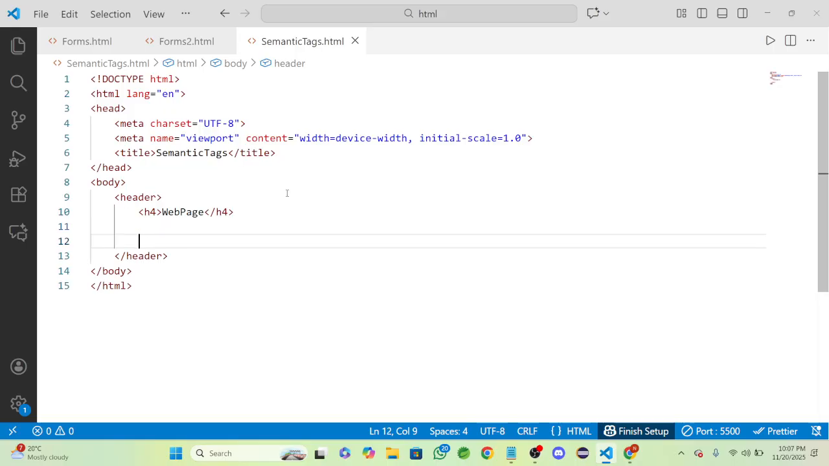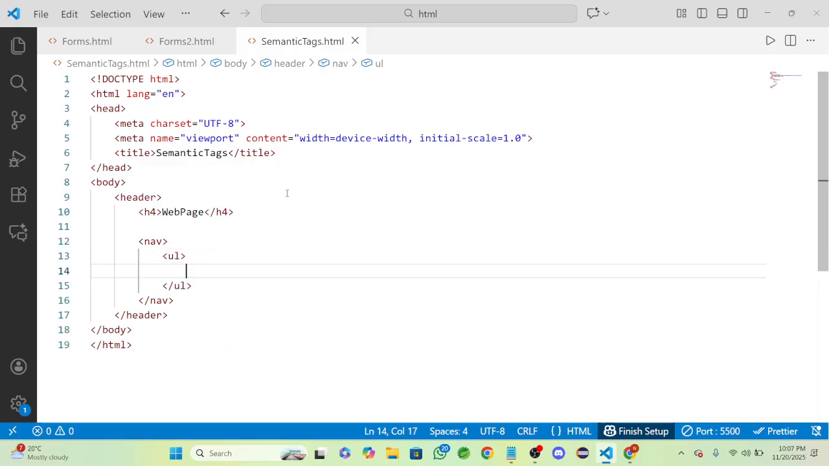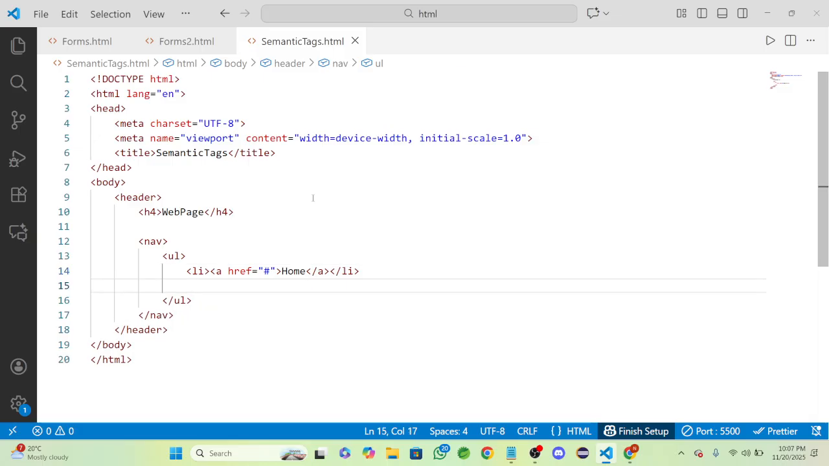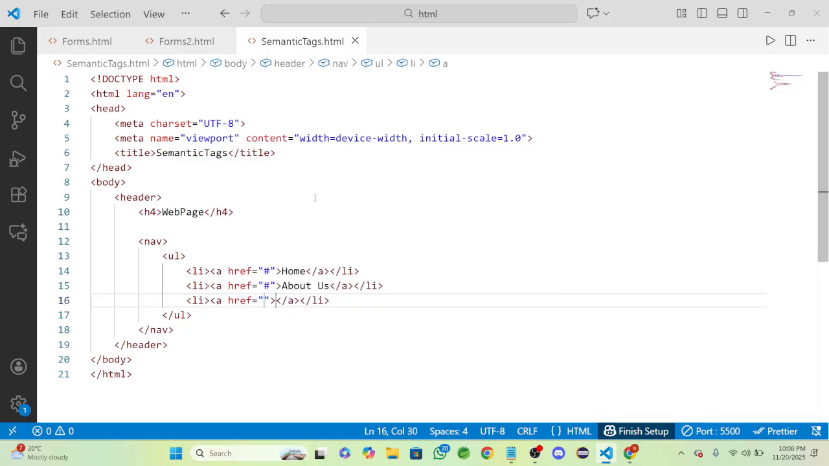In this, take the nav. Inside the nav take the ul, then li, a, and the href. No need of the full URL, just mention the slash, and this is the home page. If I take li a and put about us, then take li a with a hashtag